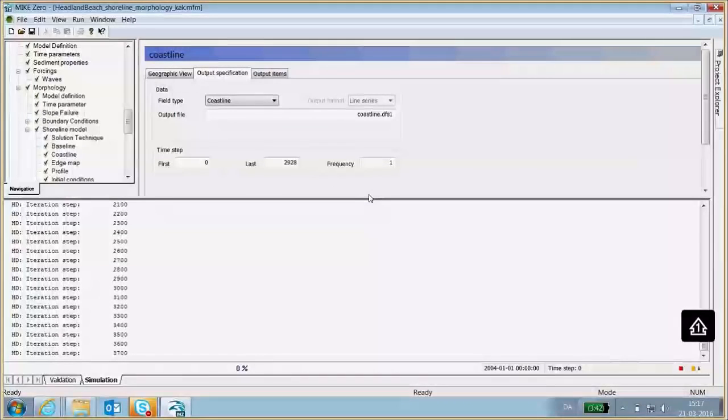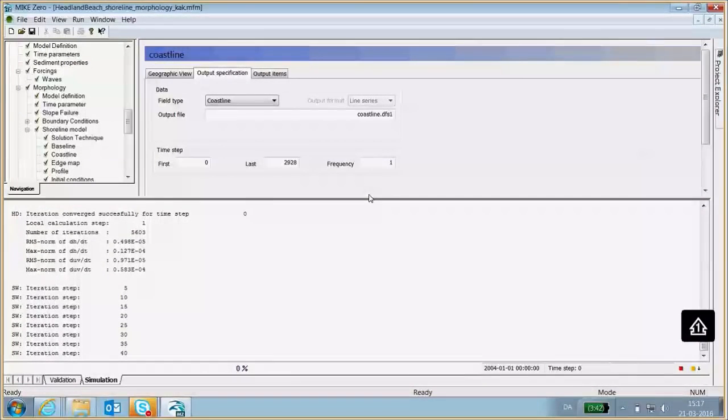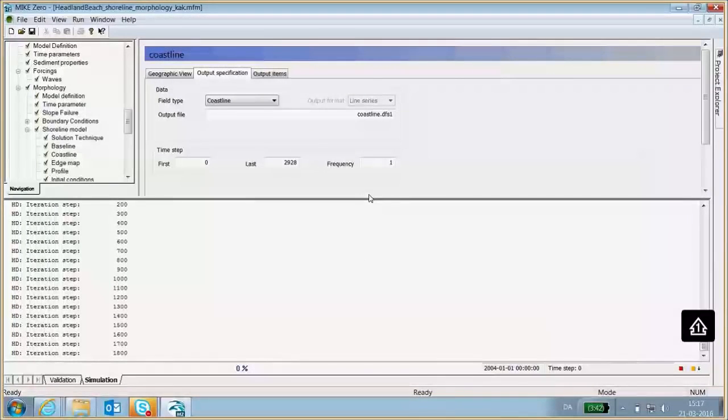Because we are running with the quasi-steady HD simulation and the quasi-steady spectral wave model, and we have constant boundary conditions in the wave model, in the beginning it will take quite a long time for each time step while the quasi-steady solvers are finding the stationary solution.